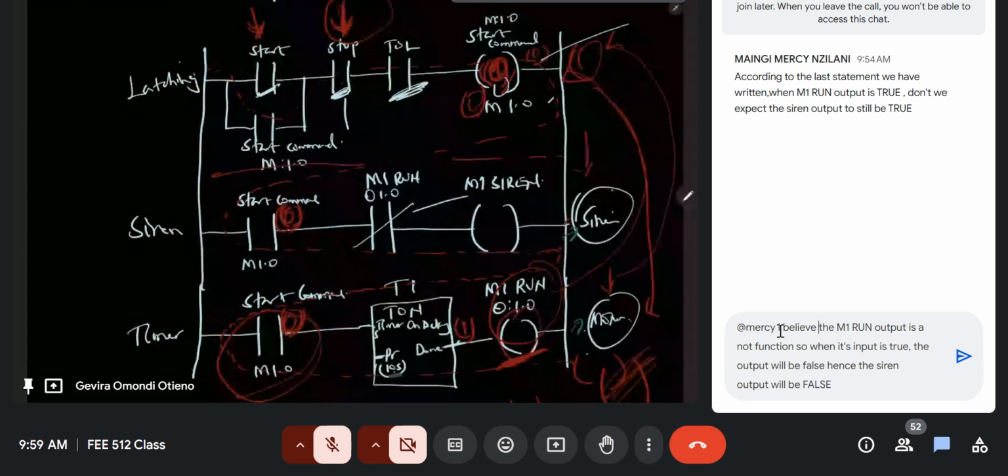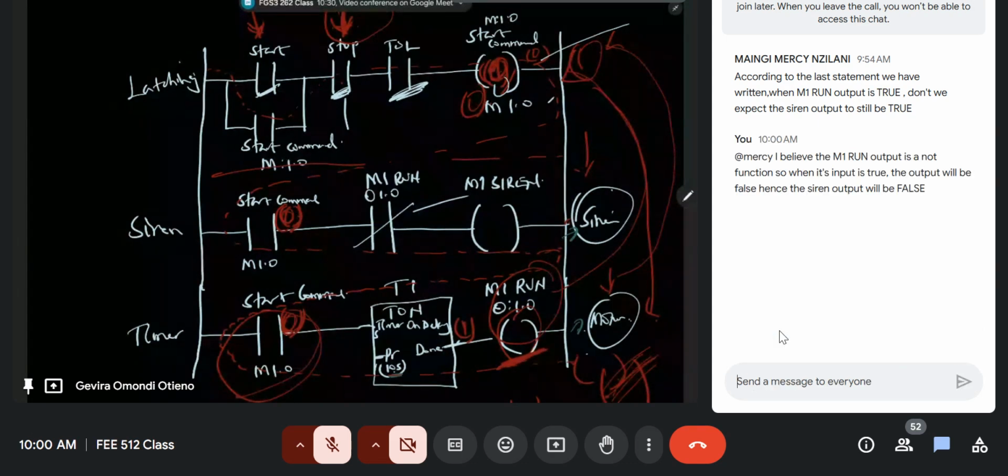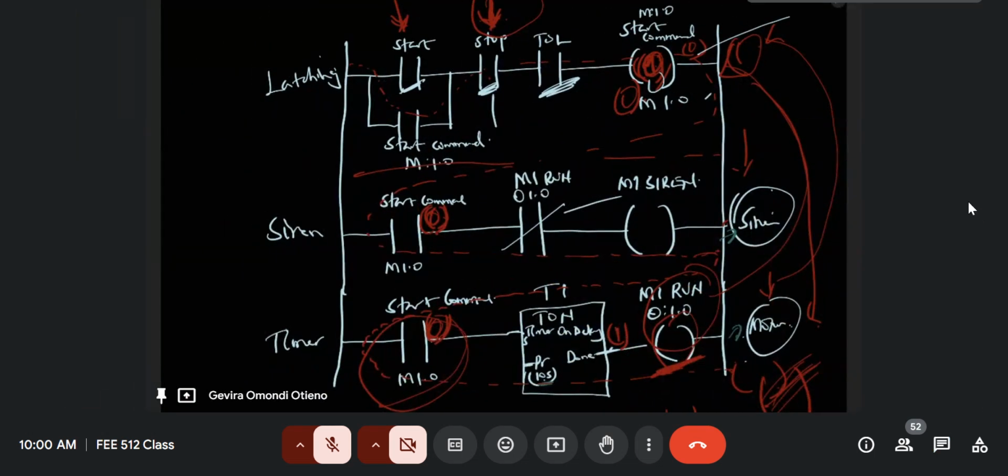Within just one scan, there's a read, there's an execute, and once it has completed the first read and execute, at the end it updates the entire state of the outputs, and then it repeats itself. So for me to follow through how I put in rung 1, rung 2, rung 3, I have to understand how the scan cycle operates. Therefore, the sequence of operation and how I order my rungs is very important. Number 2,